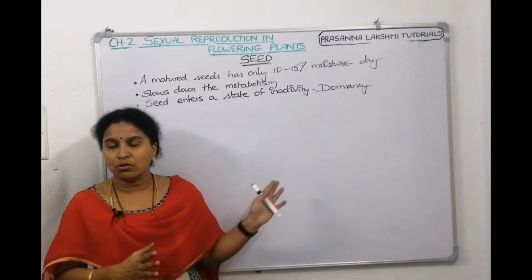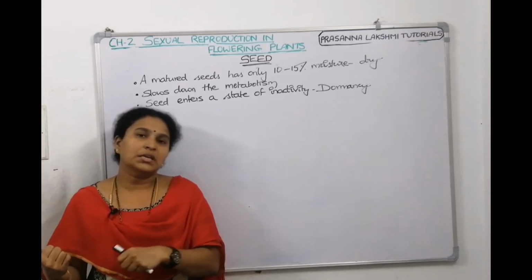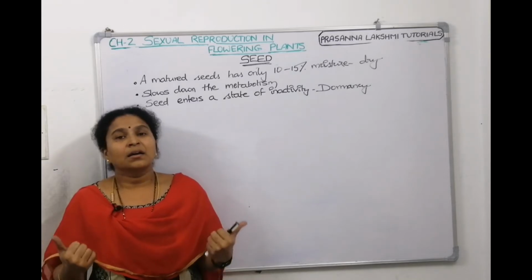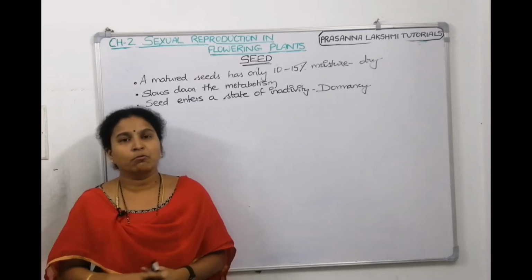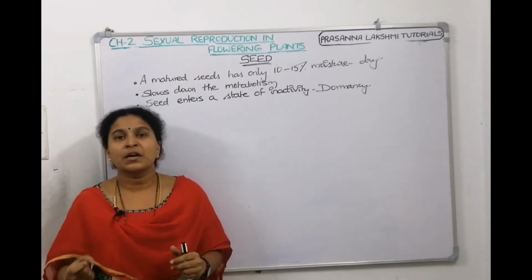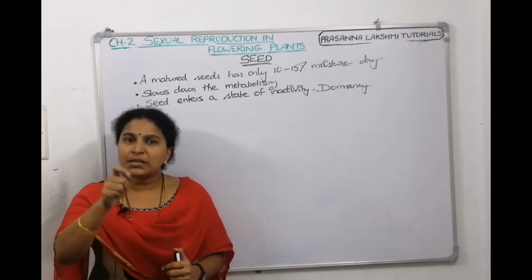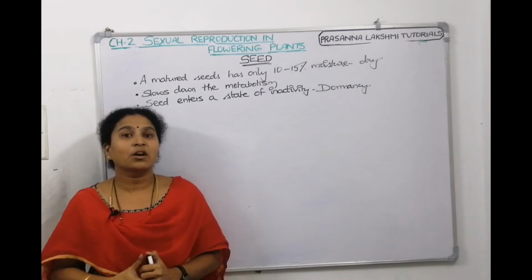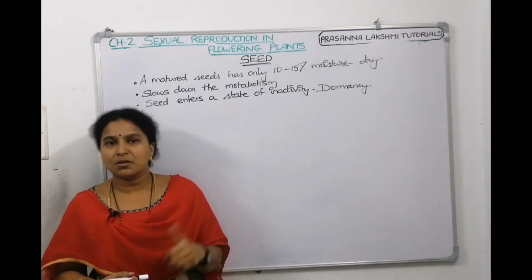We already know through the previous pictures that dicot seeds are non-endospermic, monocot seeds are endospermic. And endospermic means endosperm. What is endosperm? A nutritive tissue. When endosperm overgrows, the nucellus will not be there. It will be crushed off. But there are some seeds like black pepper, where remnants of nucellus will be there with the seed. Then what is that called? Perispermic seed. Got that point? We discussed it in the previous lectures.